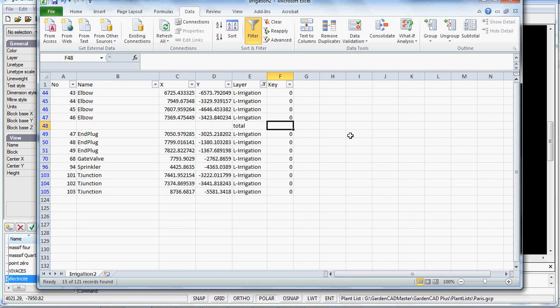So we're producing from the drawing a whole lot of information which is of interest to us. We know how many elbows, how many end plugs, the gate valve, the sprinkler, and the T-junction, and we can put them on a pick list when we